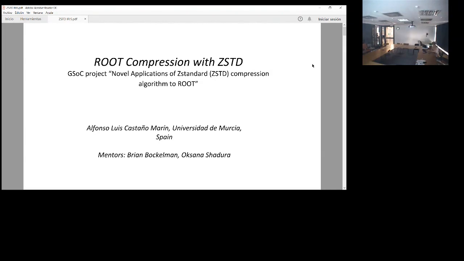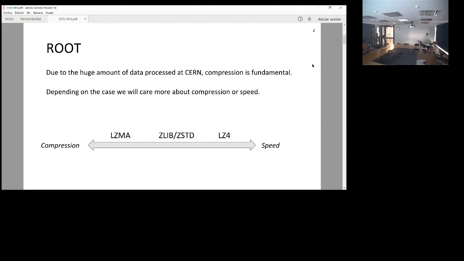As Oksana said, I'm a Google Summer of Code student, and I have been working this summer on integrating and analyzing the Z standard compression algorithm in root, together not only with the help of Oksana, but also with Brian Bockelman. They have been great mentors, very experienced people in root, and thanks to their advice, we have made a lot of interesting progress. So, as probably all of you know, at CERN, the amount of data that is generated